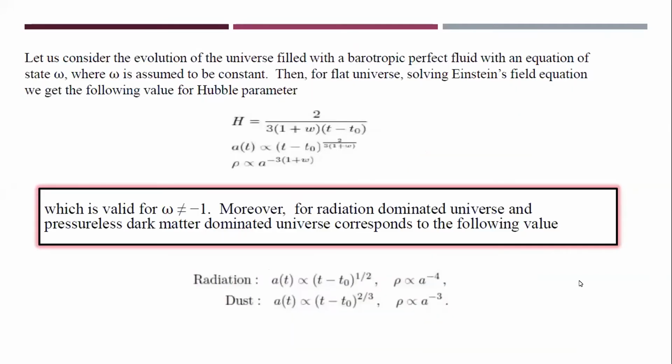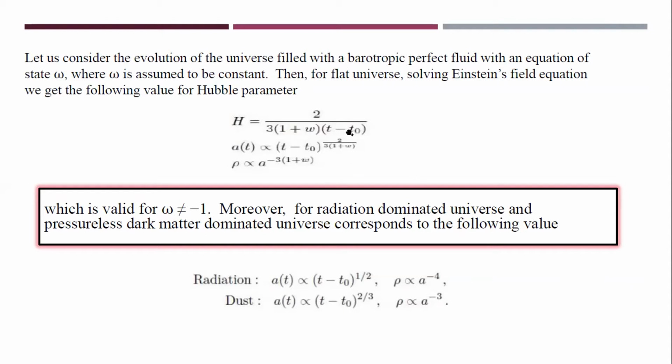So here's the picture to elaborate the different possible models of the universe, meaning radiation, dust, by using the equation of continuity and the first Friedmann equation. The first Friedmann equation will give us the Hubble parameter. Firstly, we solve the equation of continuity in terms of the scale factor by setting omega constant, which gives the Hubble parameter by using the first Friedmann equation, and then we can solve the Hubble parameter.